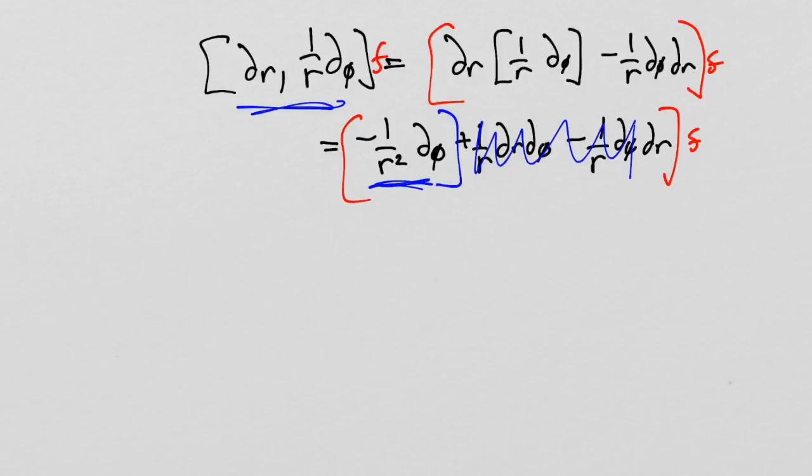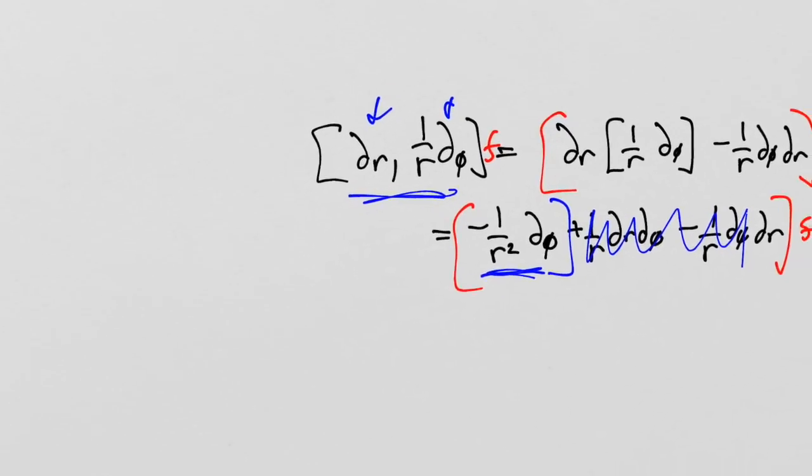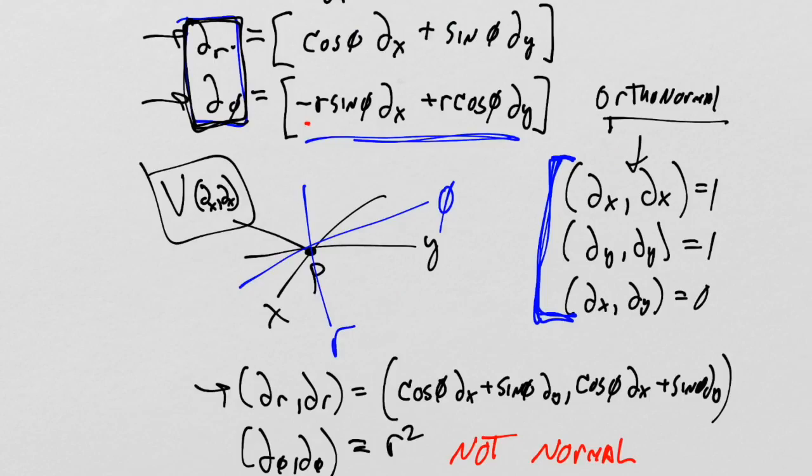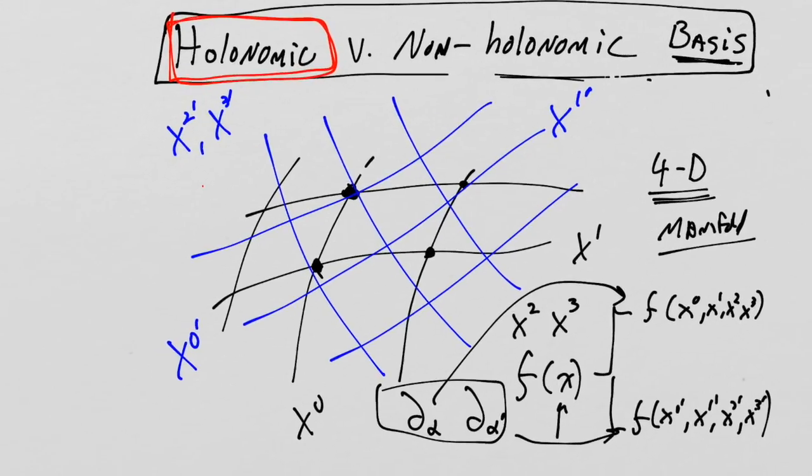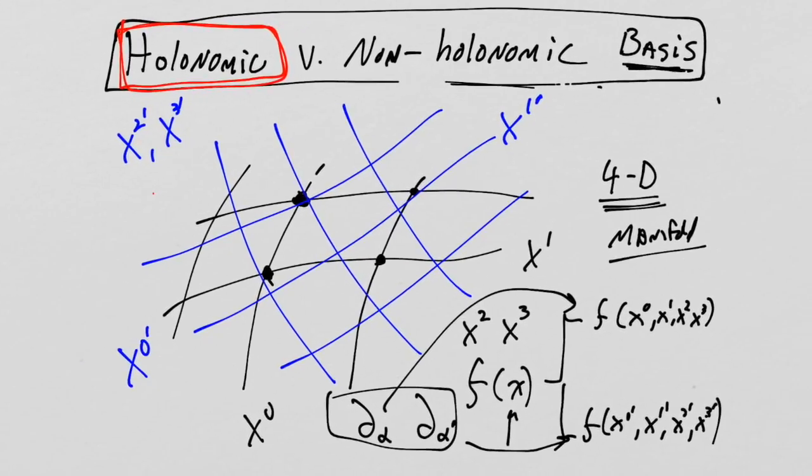So these two don't commute, therefore they are not a coordinate basis. There is no coordinate system that you can shift to that expresses these two purely in terms of the coordinate basis. Okay, so that was a little side diversion. This concept of holonomic and non-holonomic basis becomes important when